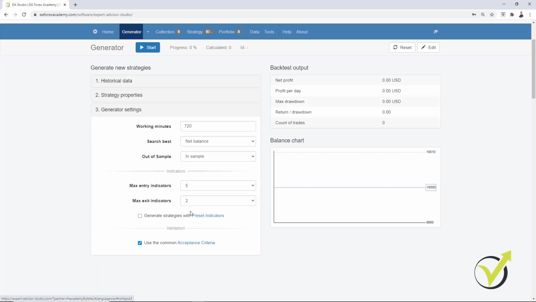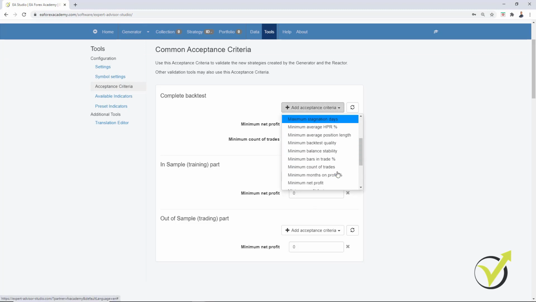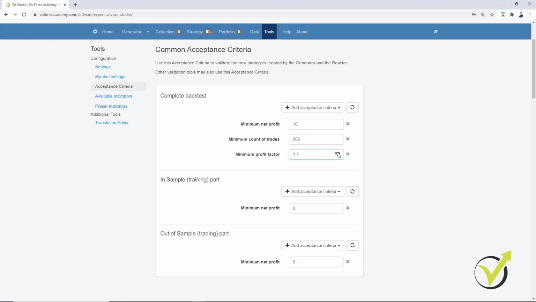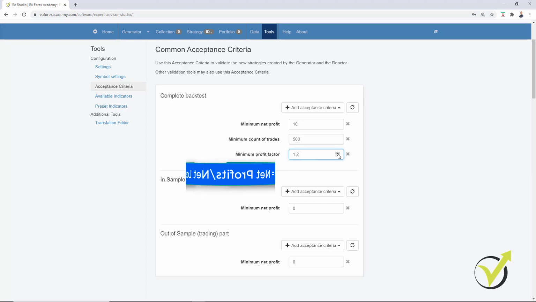Now the other thing I put in the acceptance criteria is the profit factor. Profit factor is very simple and it filters the strategies very well according to me, and it's calculated by the net profits divided by the net losses. Strategies with profit factor above 1.2 are really good, and basically everything we have above 1 shows that the strategy is profitable, right? We will have more net profit than net losses. However, 1.2 works great for me.